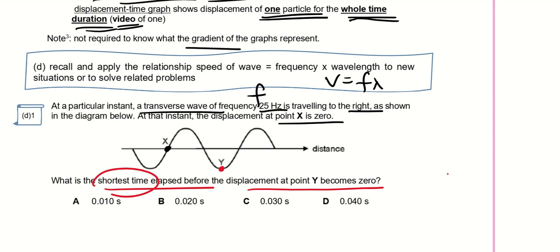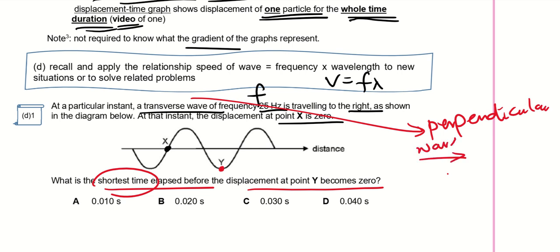So how will point Y be moving? Remember, this is a transverse wave. Transverse wave, what do you think of? Perpendicular. You think of perpendicular, yes? That means if the wave direction is traveling to the right, the particles will be moving either up or down. Okay, because this is a transverse wave. I hope you got this. That means Y will actually be moving up. Okay, I do not need to draw the next wave because for Y it is too simple. It is at the lowest point. The next motion definitely has to go up. That means it will go up. Okay,